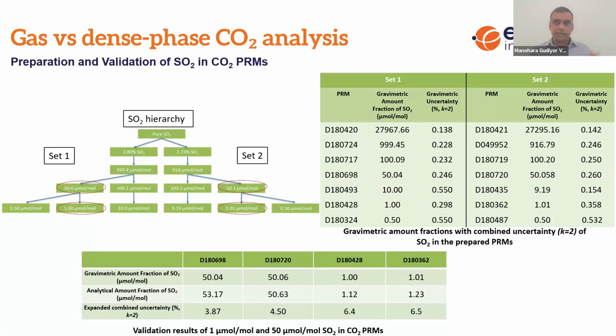So once you convert those into 80 bar, and then analyze, essentially feeding that back into the analyzer around 5 bar pressure, it means we wanted to check how good a homogeneous sample you can get back when you do these kinds of measurements, because we know what the measurement is and what the certified value is at gas phase measurements. Then once you pressurize to 80 bar and re-measure those samples, you see what the difference is between measuring at gas phase and dense phase.